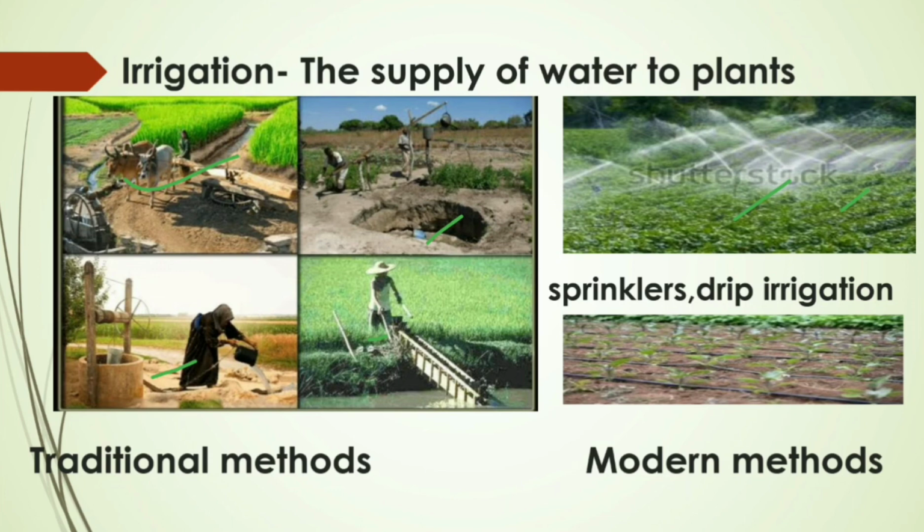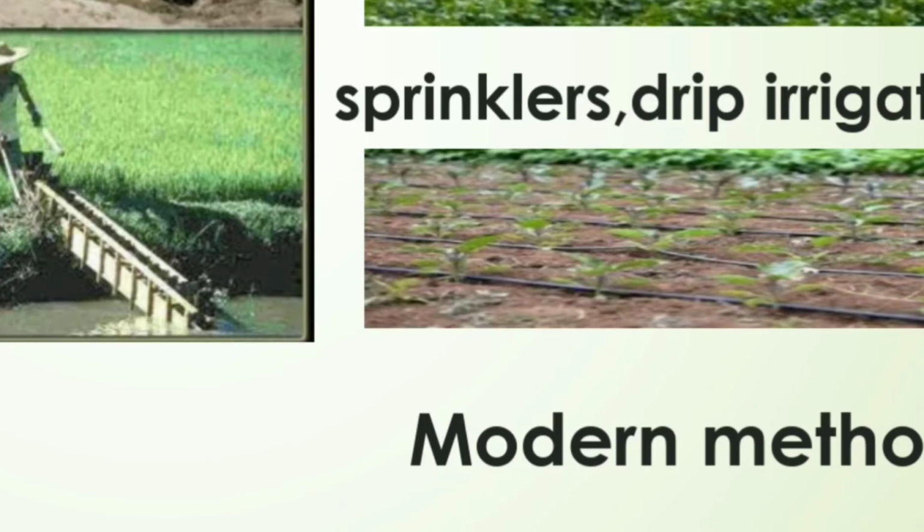Then we have the next, which is drip irrigation. It is a very useful method which avoids wastage of water. It is used in those areas which have very acute water shortage. In this method, water falls drop by drop near the roots through narrow pipes. ये देखिए narrow pipes हैं and they just have a hole at the place where the plant roots are. So in this method, no wastage of water takes place.